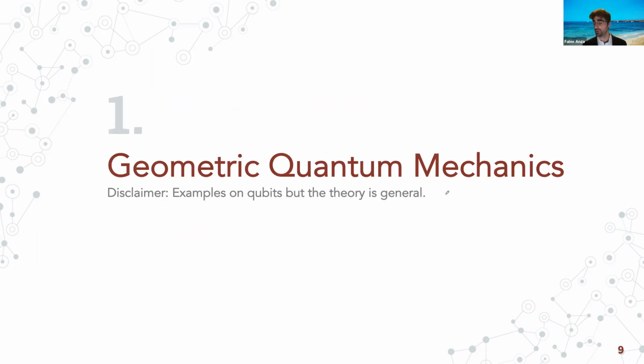All right, let me start with geometric quantum mechanics. The examples that I'm going to go through are for qubits, just because it's easier to visualize. But the theory is completely general in the sense that it's exactly as I'm presenting it for any